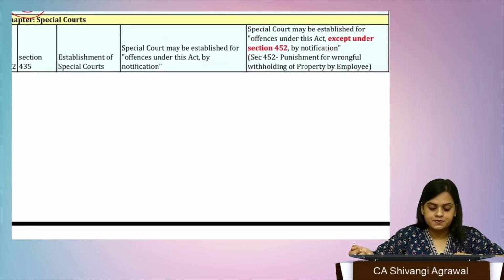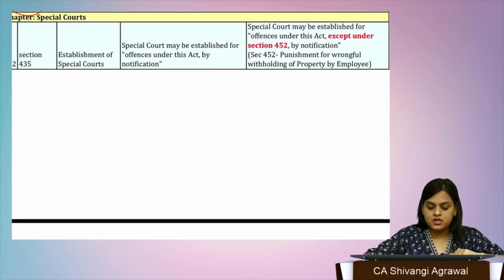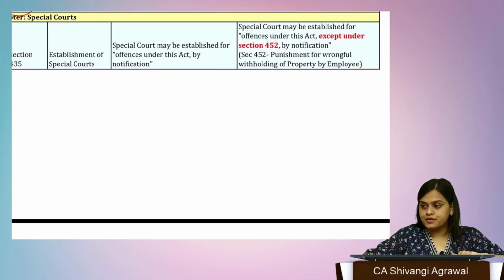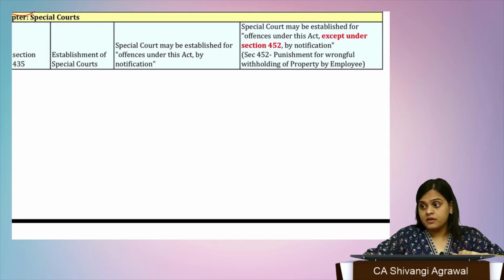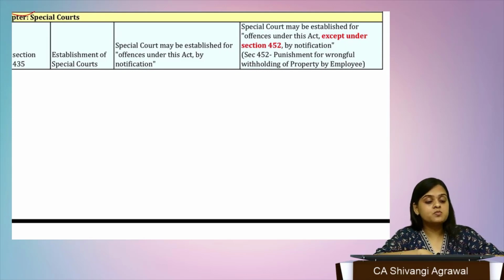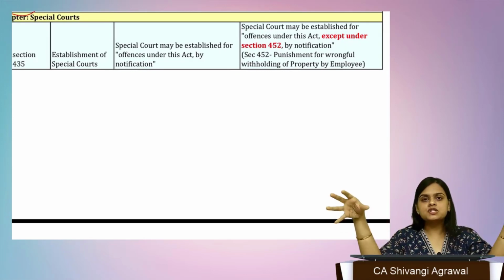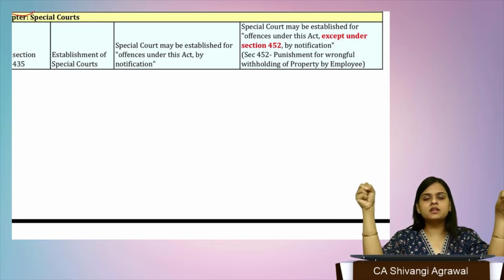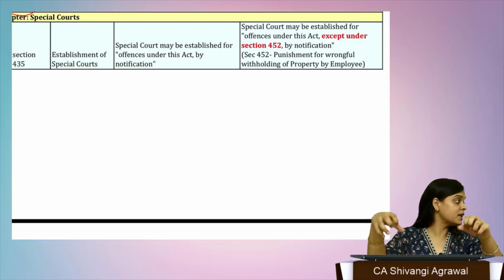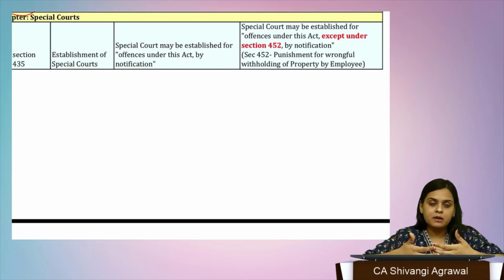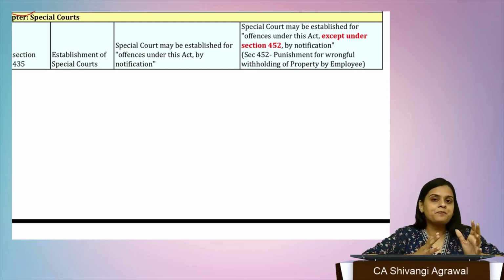Special courts, the chapter of special courts. Special courts can be established. Of course, it can be established, ma'am. Why not? Special courts are established for speedy trial, because we know that the judicial process is so overburdened. Our judicial courts have been so overburdened that they do not have adequate time to deal with it. Of course they deal with all the cases that come up in line, but it takes quite some time. So for specifically